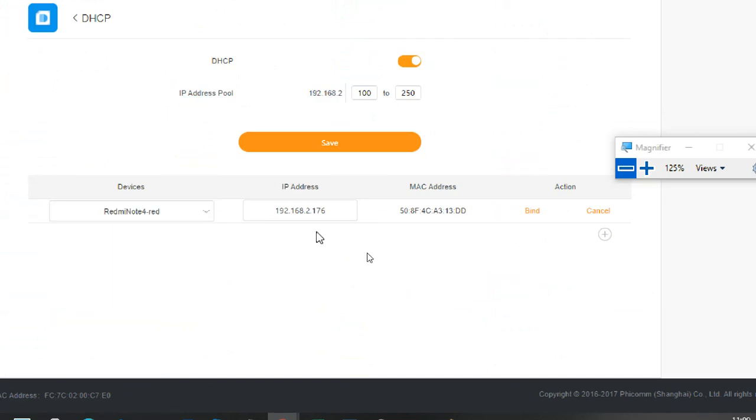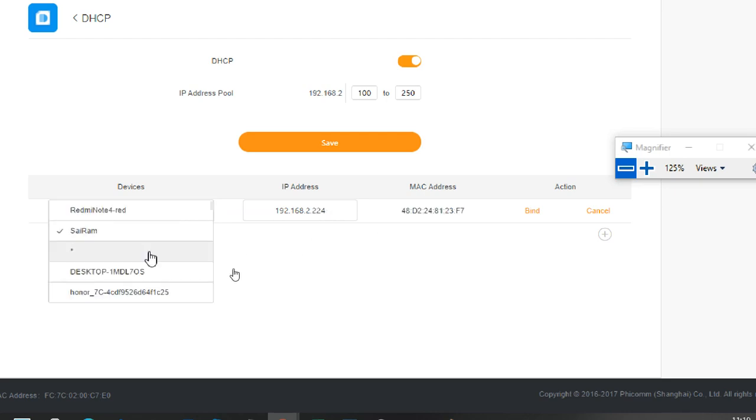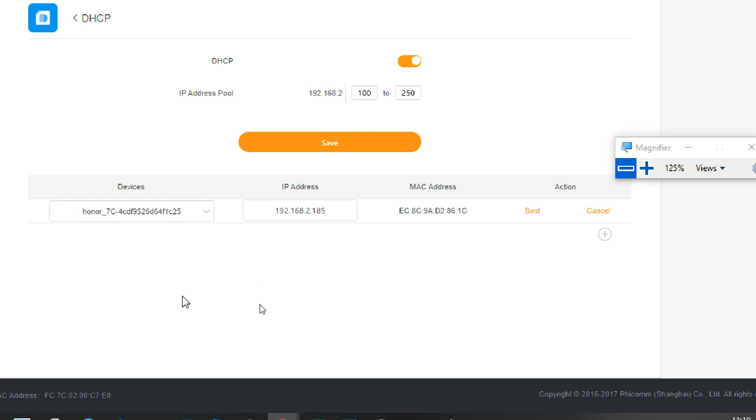Whether they are connected or not, I don't know, but the IP is already there. I think this is my Lenovo phone, and here it is my desktop, that is 211. Honor, the person is not using at all.